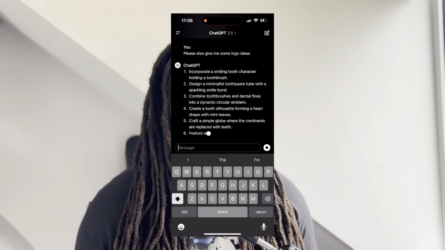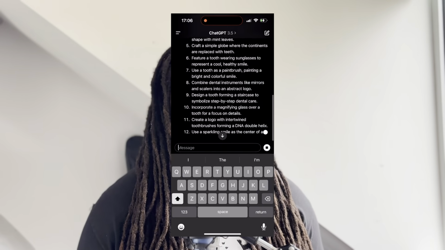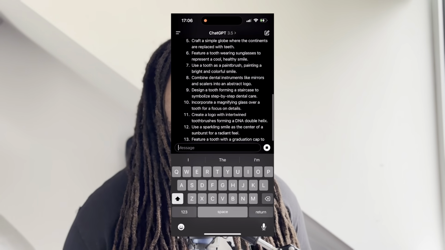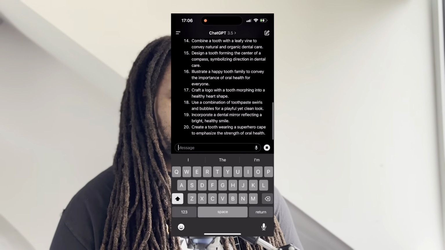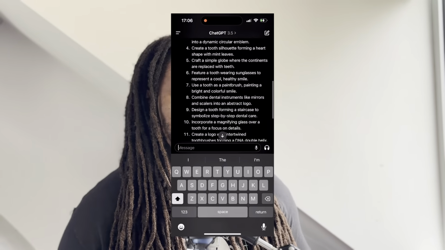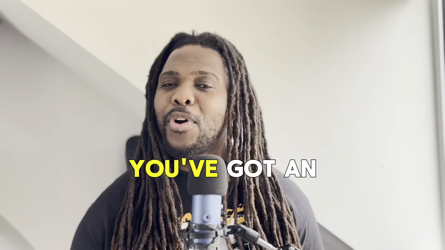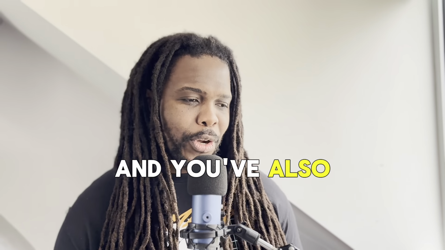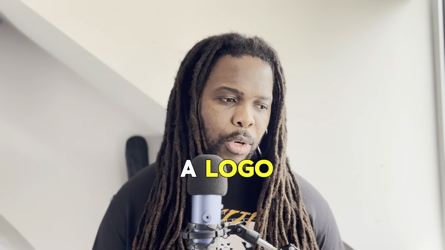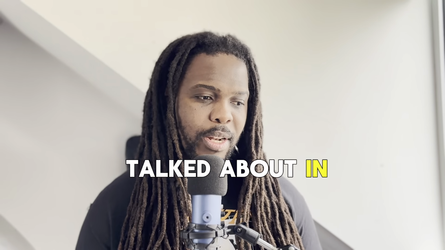We can also use Canva as well, which is one of my favorite tools, to see if any of those logos align with the logo that you're looking for. There is other tools as well that you can explore in terms of building up that brand, but at the most basic level, you've got an account name and you've also got a brand logo. Now, what I would do at this point, once you've come up with a brand name, you've now got a logo, what I would also consider, and again, I will link these tools that I've talked about in the description, and